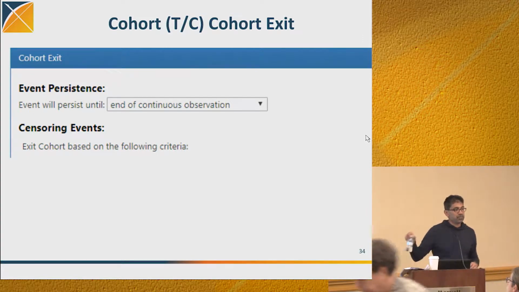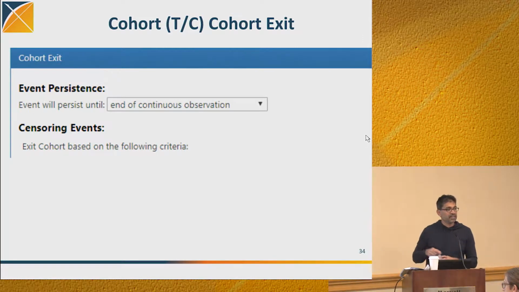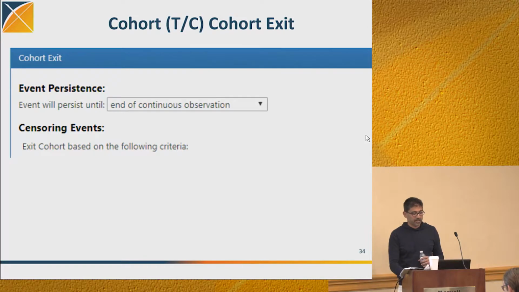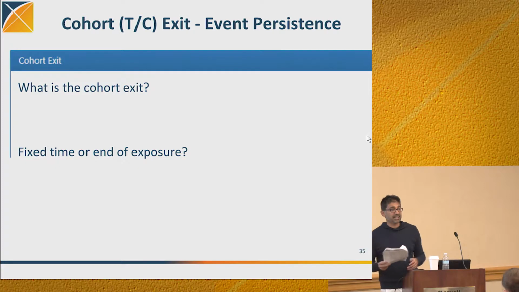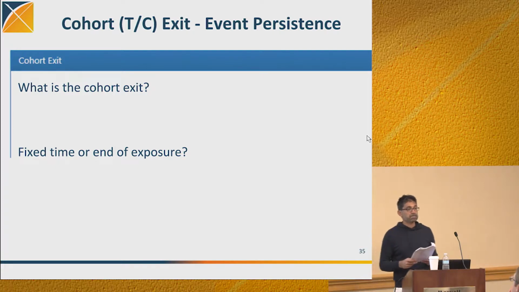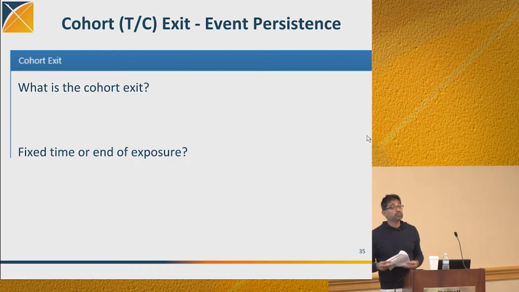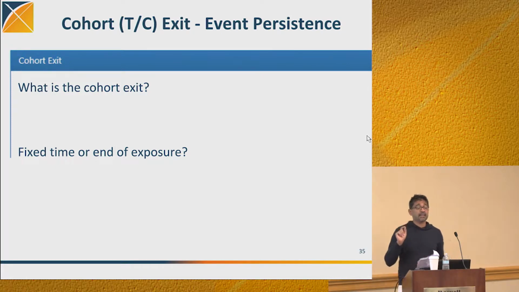And this framework supports it because now you're able to get the time at risk. So what is the cohort exit criteria as defined by this study? They come off the drug, the last date that they took the drug. What else? They died. So death is an interesting